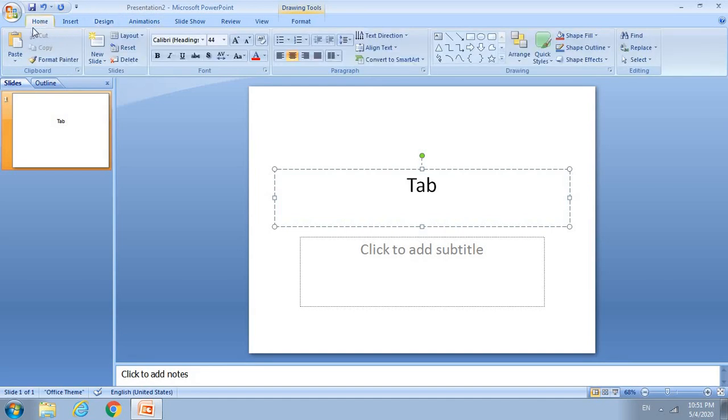Then once you open a particular tab, they open a lot of options. These options are called ribbons. And again in the ribbon you have got some sections. Like here you can see clipboard, slides, font, paragraph, drawing and editing. So what are these sections called? These are called groups. As you can see, you have got a clipboard group, slides group, font group, paragraph, drawing, editing.